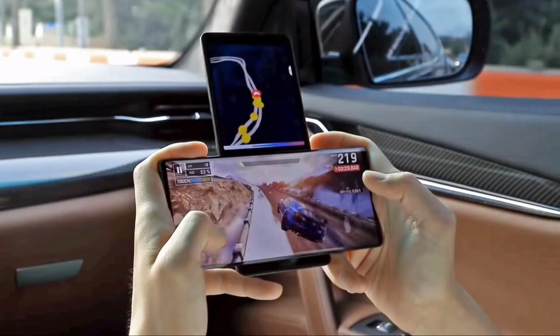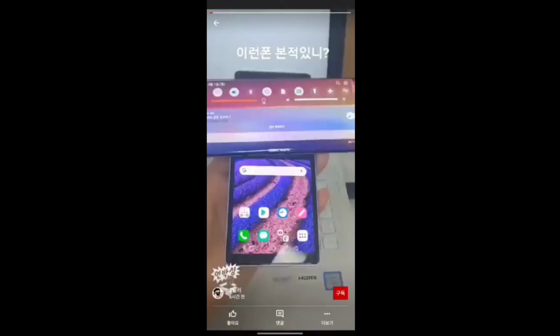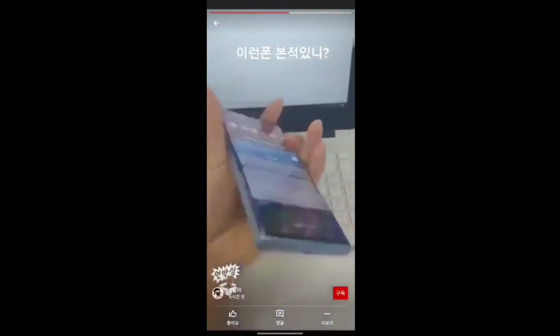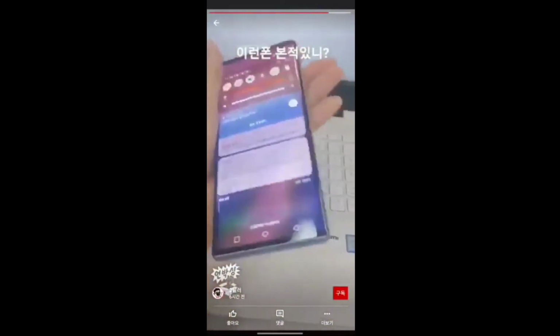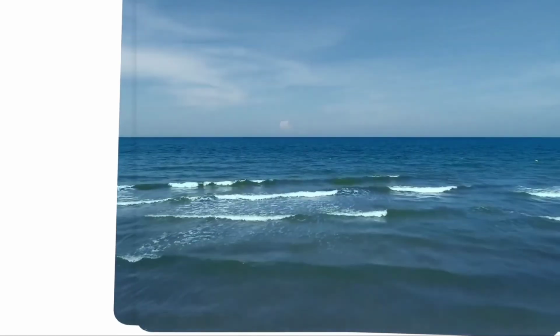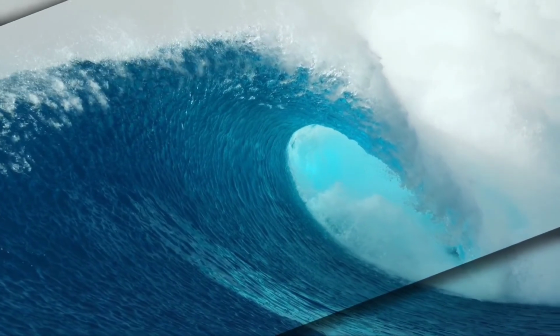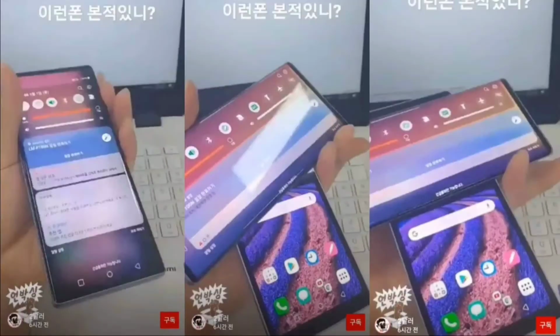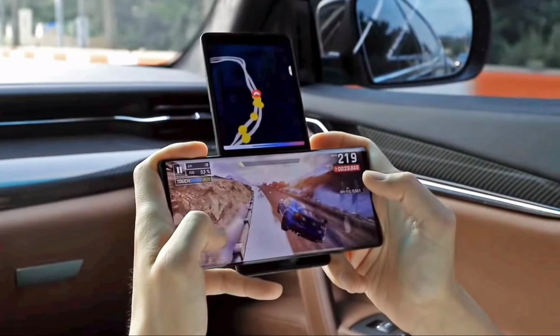A leaked video that had surfaced earlier this week revealed the presence of a USB-C port and a speaker grill on the bottom edge of the LG Wing 5G. Unfortunately, the rumor mill has not revealed any detail on the specs of the LG Wing 5G. An unconfirmed rumor has claimed that it may not be a flagship device since it may feature a Snapdragon 7 series chipset. The device could be launching with a price tag of